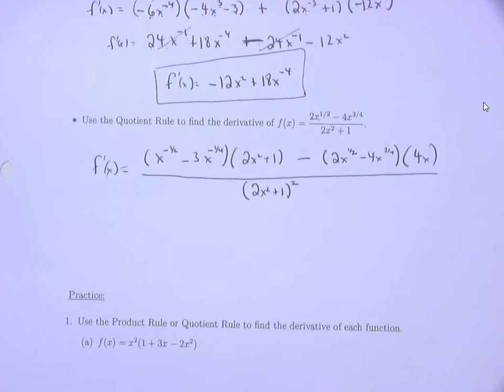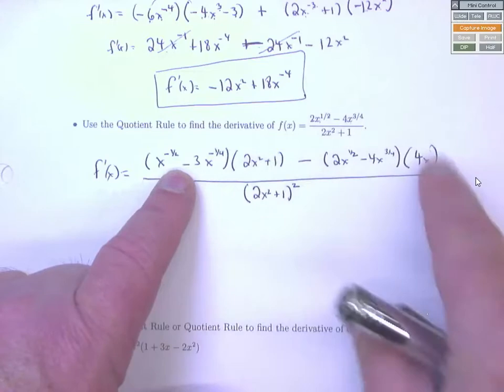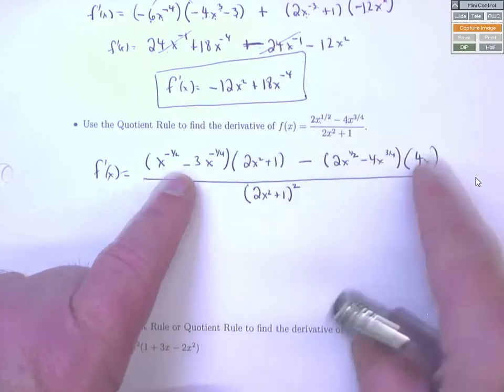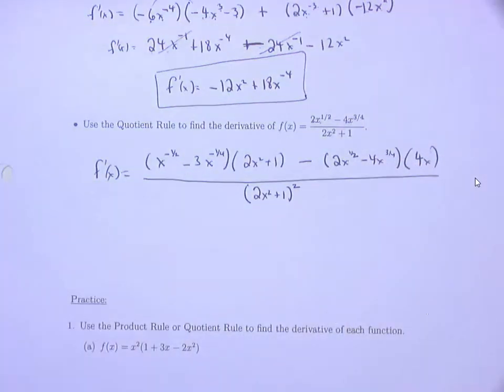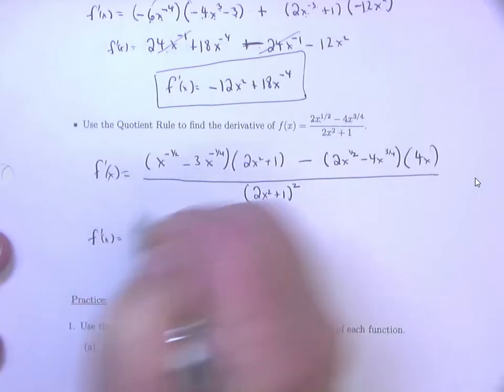Now, if I ask you to clean it up, you would actually end up having to FOIL this part out and distribute this guy and distribute the negative and then combine like terms. Okay? And we could do that. Let's do that because it's good algebra practice. Here,